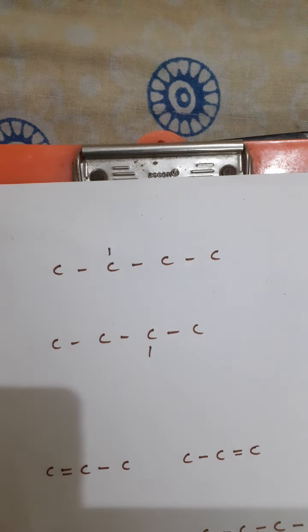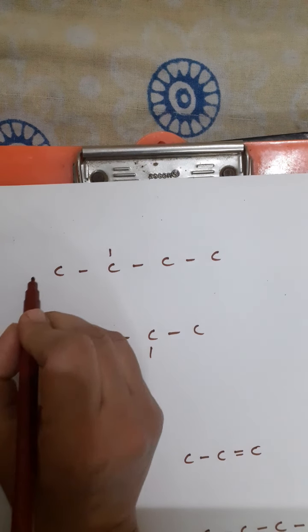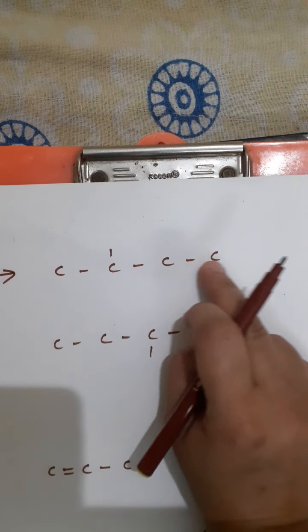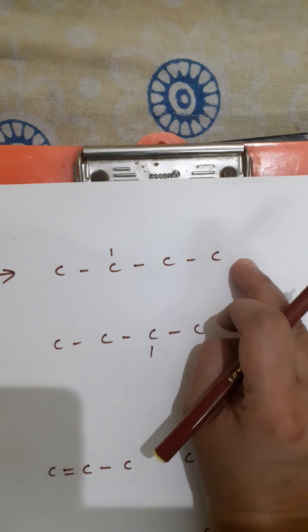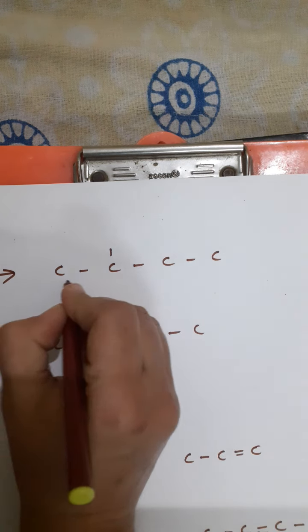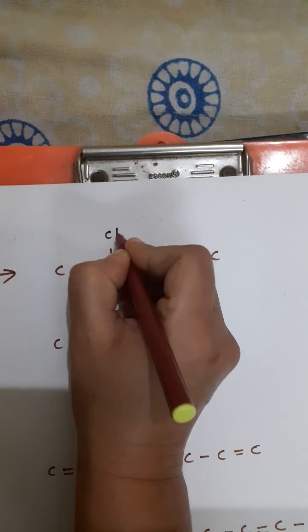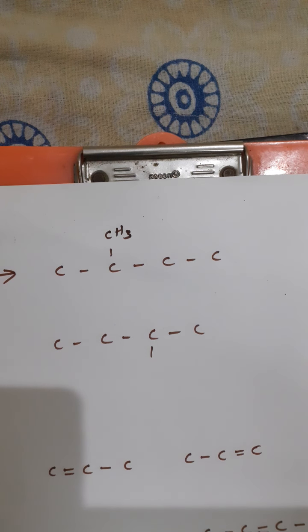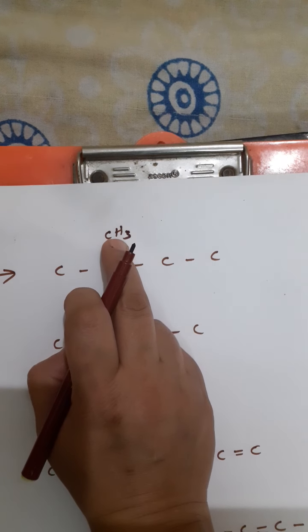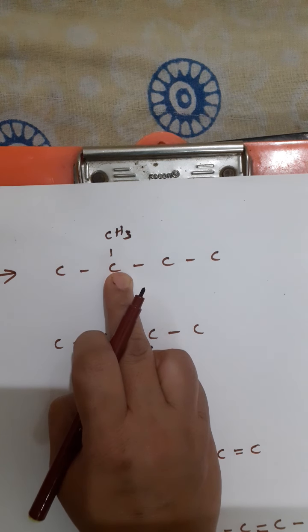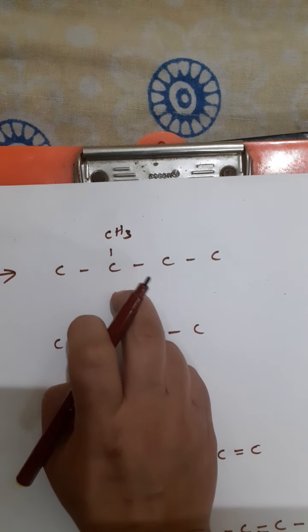Now observe this, children. Let us start with the first example. If you observe here, how many carbons are there in a straight chain? There are 4 carbons, isn't it? To this carbon chain, there is one substituent attached, which is an alkyl group. What is the alkyl group here? It is CH3. I placed it on this particular carbon. I am not numbering it; let us just take it as on this particular carbon.